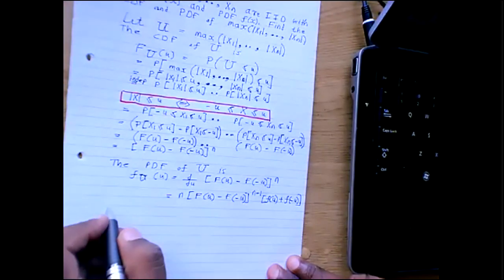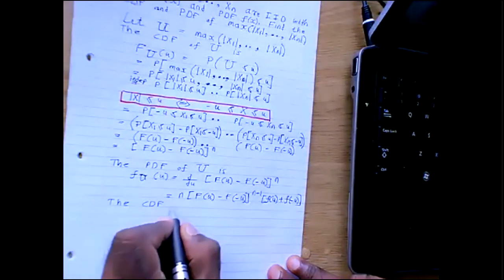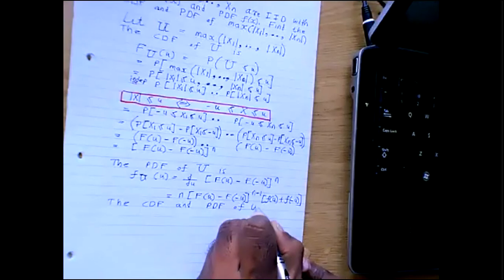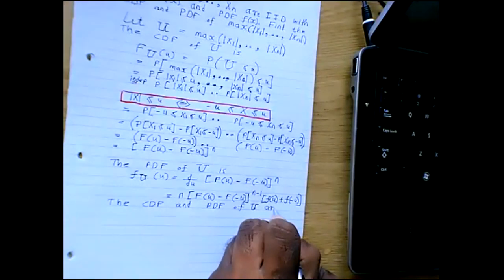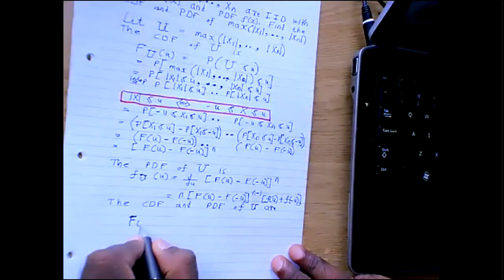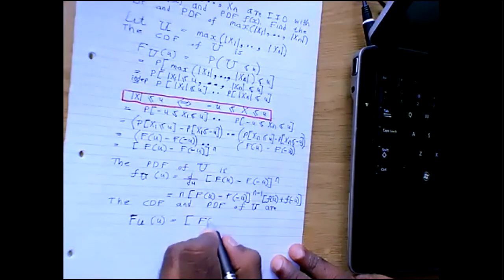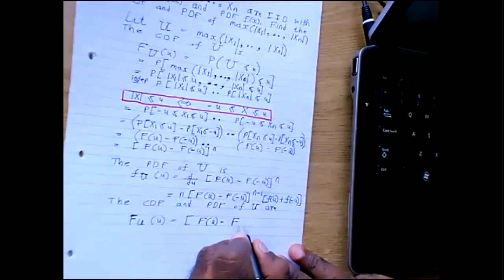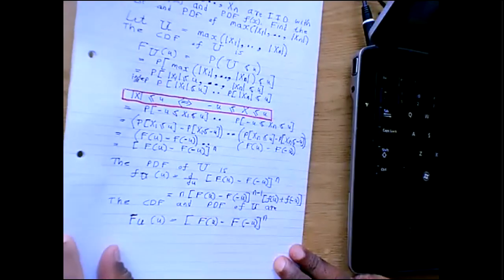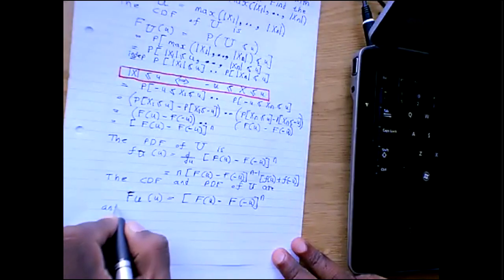So just to summarize, the CDF and PDF of U are, so the CDF is given by this. This is the CDF of U, and the PDF of U is given by